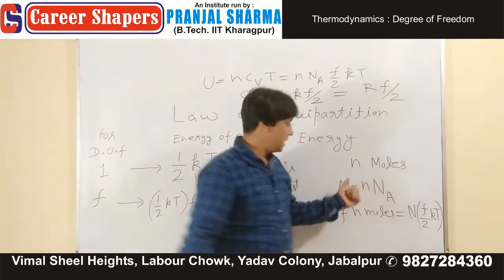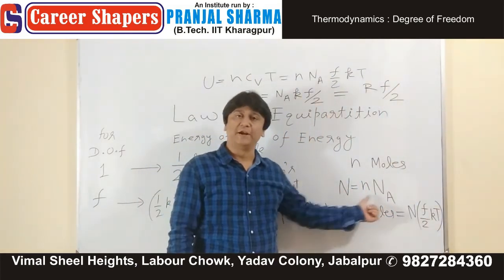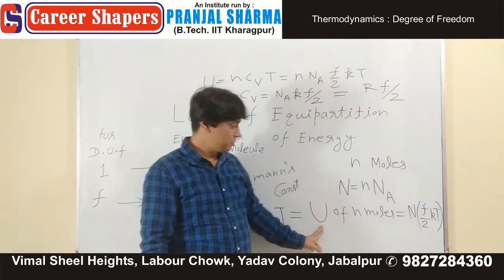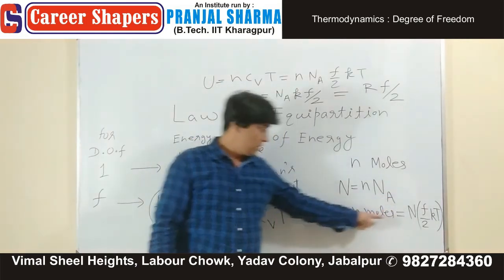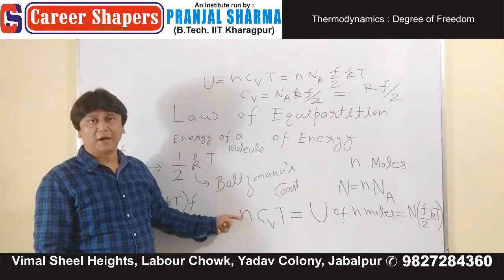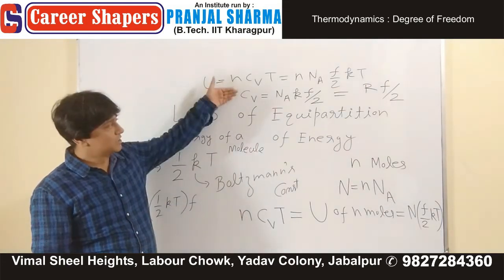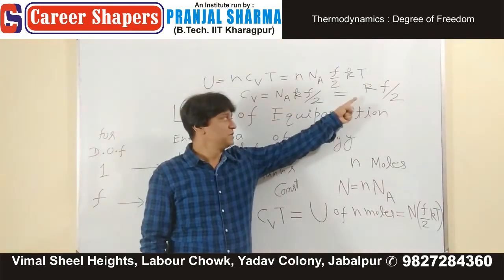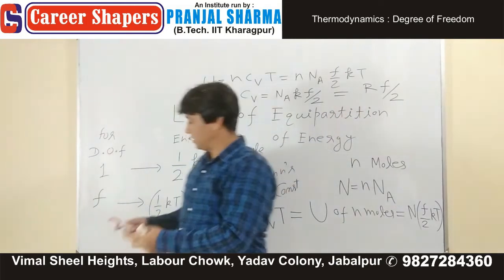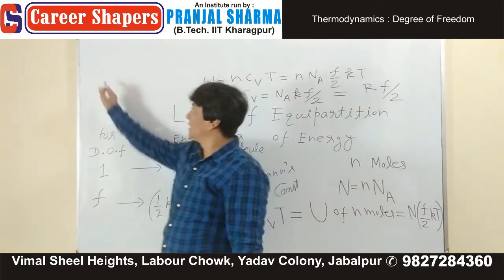Now there are n number of molecules, n into Na. That gives you U in this form. But we already know that U is nCvT. Use this and you get the value of Cv. That means, look here first. What is Cv